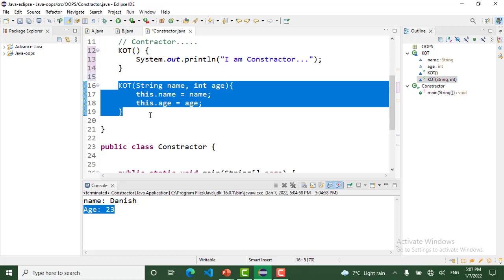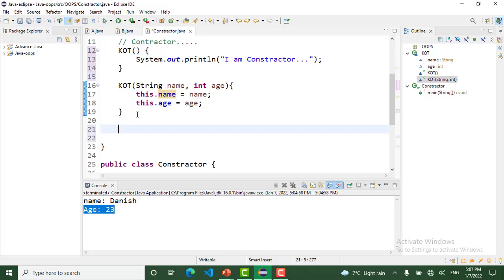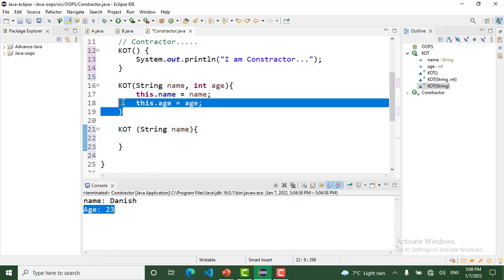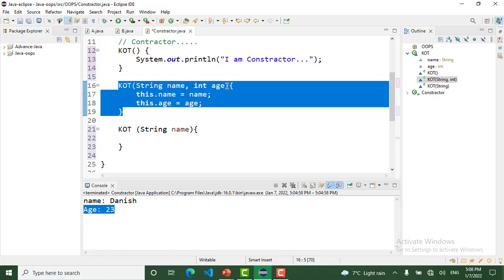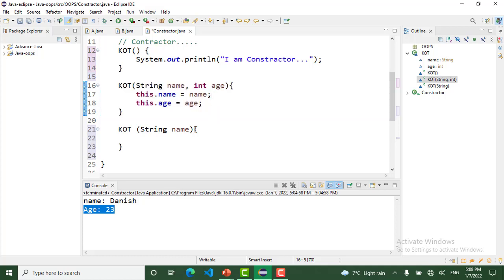When we overload a constructor, they have different types of arguments and different numbers of arguments. For example, I create another constructor. I pass one variable here, string name. This constructor has two arguments, but that constructor has one argument.